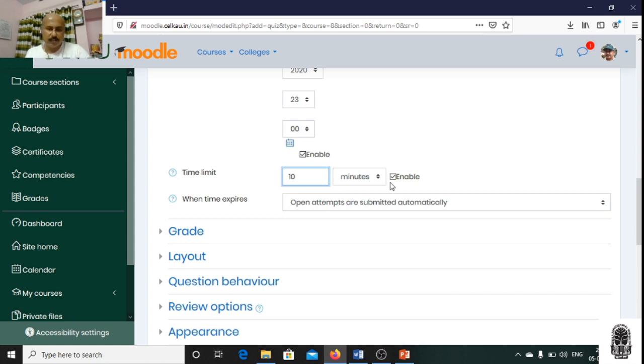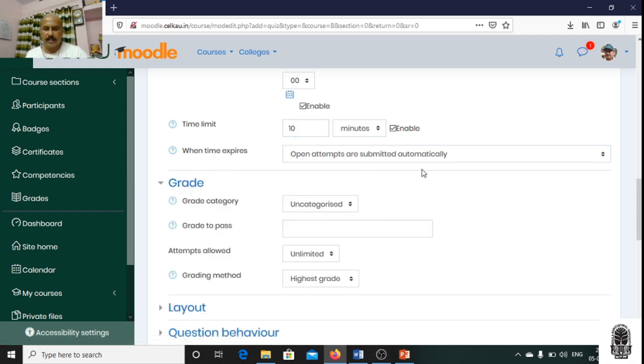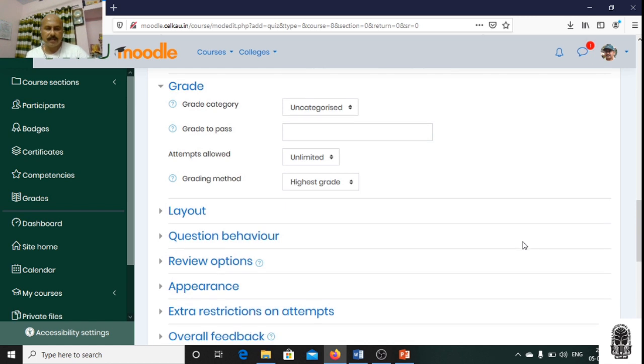No more attempts are possible. So open attempts are submitted automatically. Even if within 10 minutes a student cannot complete that, the computer will make sure that whatever he or she has done will be automatically accounted for. So that is all.